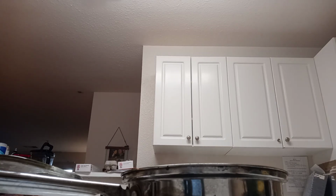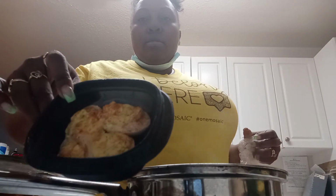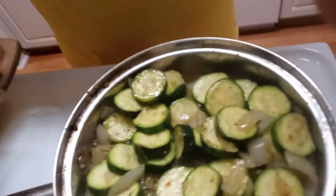But I'm gonna show y'all what the deviled eggs look like because I haven't the last time that I made the deviled eggs. Can you see that? Deviled eggs. Deviled eggs with a little bit of paprika up here for color. And let me show you guys the inside of my